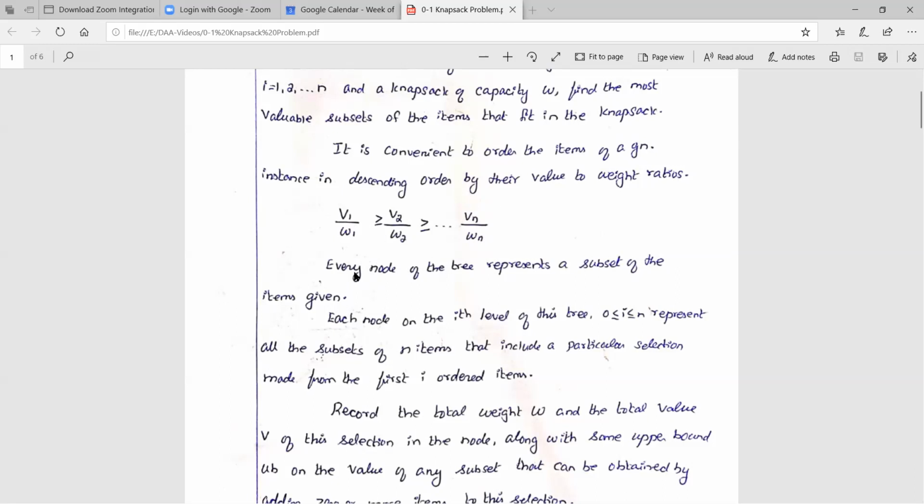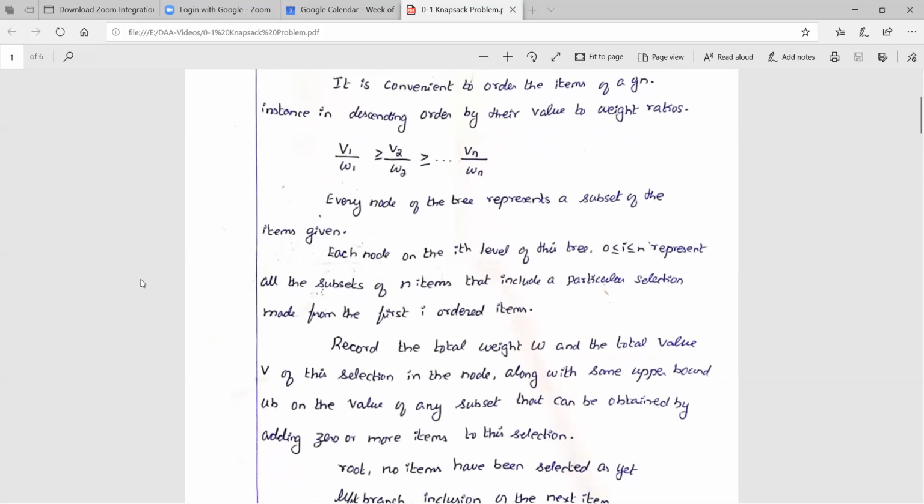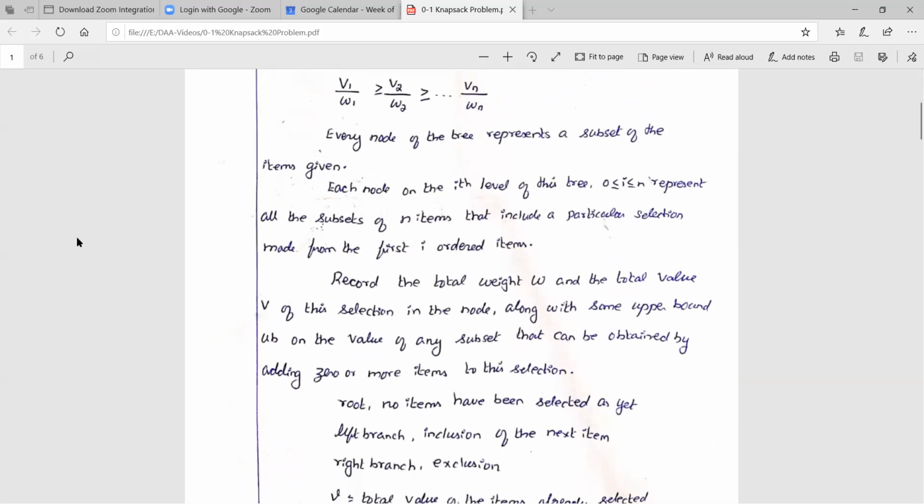In branch and bound, I told you that we have to specify the state space tree. In the state space tree we have several nodes. Each and every node represents a subset of the given items, that means whether we are selecting the particular object or not. That selection is present in the node. Using that node we can identify whether we selected the object or rejected it. Every node on the ith level of this tree,